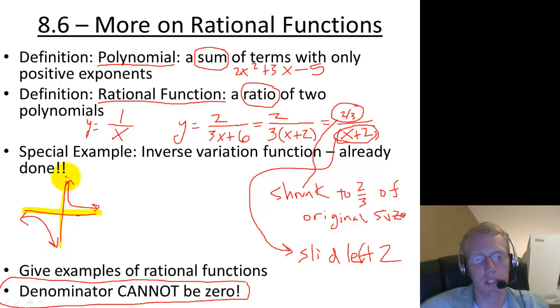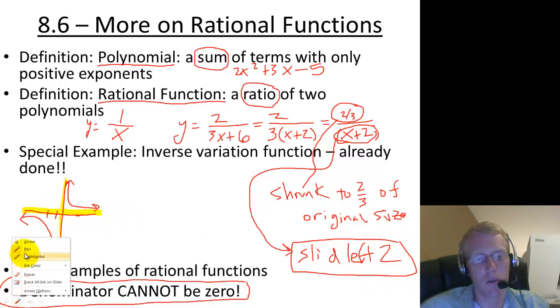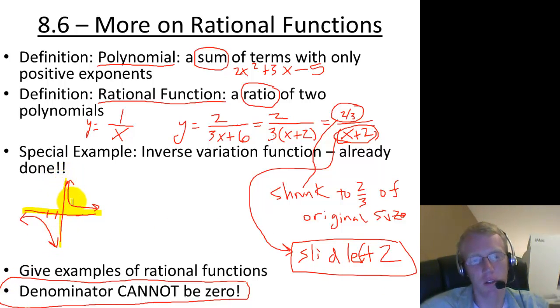So we had an asymptote at x equals 0, which is the axis. But now if we slide left 2, we're going to go 2 units to the left. What that means is this vertical asymptote that we're getting closer and closer to but not ever touching slid left 2, and now it's located at x equals negative 2. So the value that we cannot have is right here at x equals negative 2,